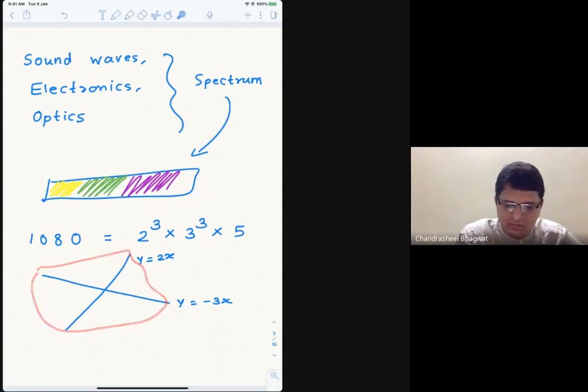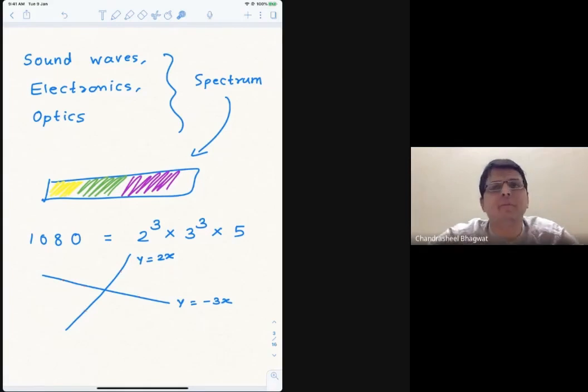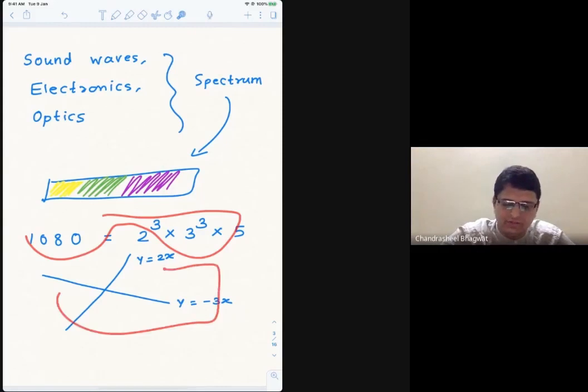So you look at all the points here, this point, this point, this point, this point, and you look at all the polynomials in two variables which take value 0 at those points. So that is a space of certain polynomial functions. That is something called a ring, which has nice algebraic properties similar to the integers. So I think that's a good way to see the connection between this aspect and this aspect.